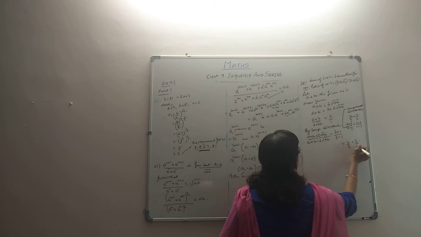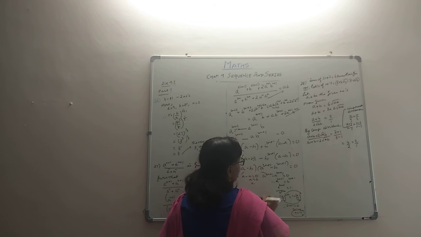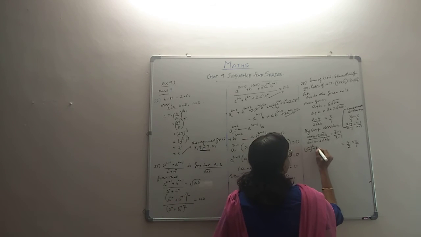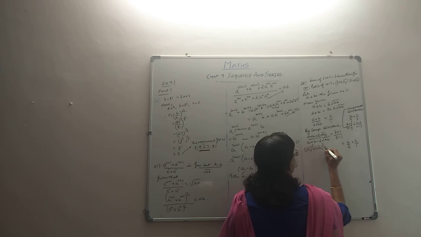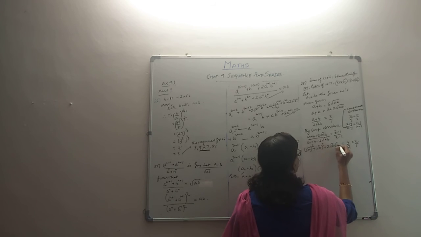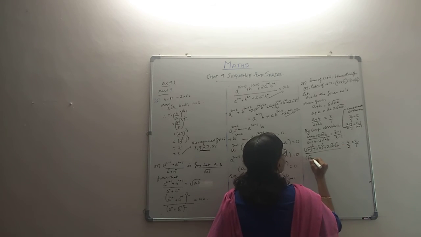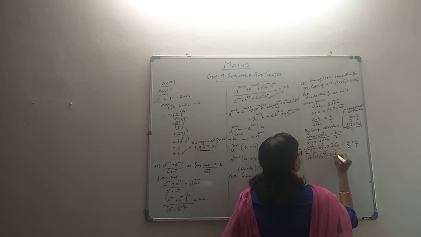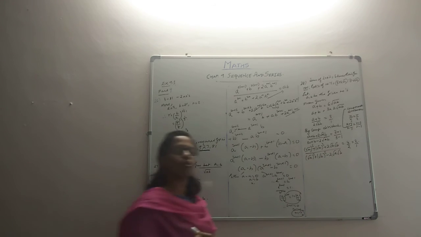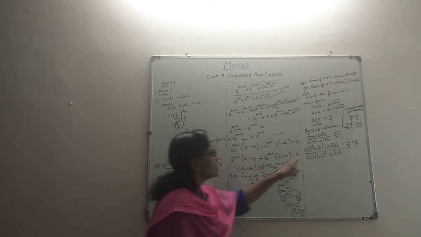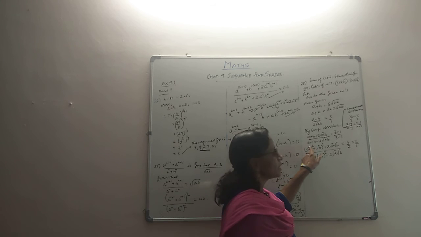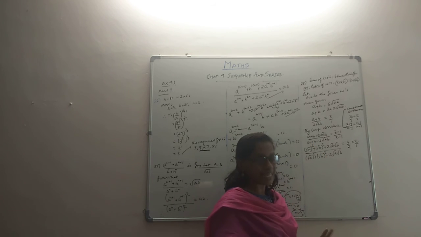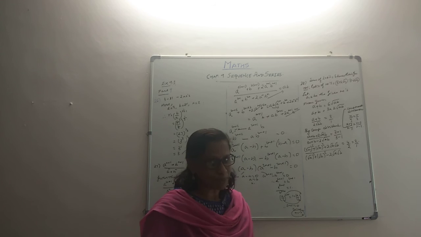I don't know, I feel like writing this as root a the whole squared plus root b the whole squared plus 2 root a into root b. I feel like writing this as root a the whole squared plus root b the whole squared minus 2 root a root b. Just check if I am wrong. I am not wrong, because this is raised to half and 2. They will cancel each other, you will get a. So mathematically it's correct, but it helps us to achieve one purpose.